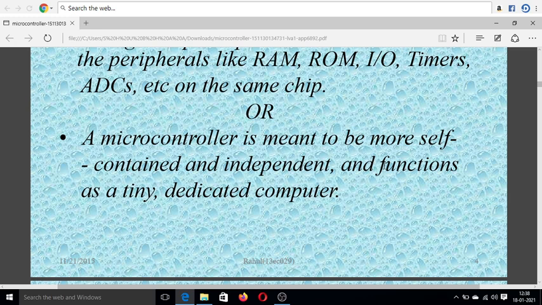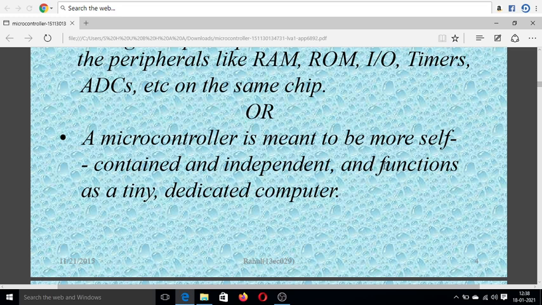The microprocessor is a general purpose device, and the microcontroller is nothing but a computer. The microprocessor reads instructions from the memory, processes the binary data, and performs functions according to the user program. A microprocessor is nothing but a CPU on a chip, so it doesn't contain any peripherals like input output devices, converters, timers, and memory.